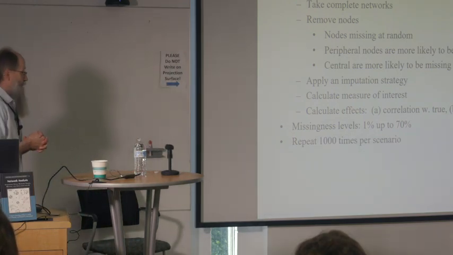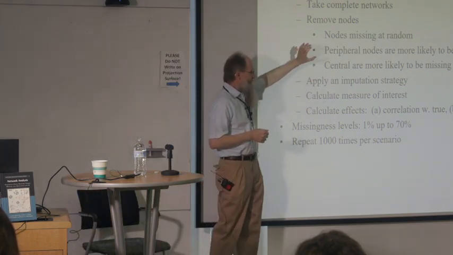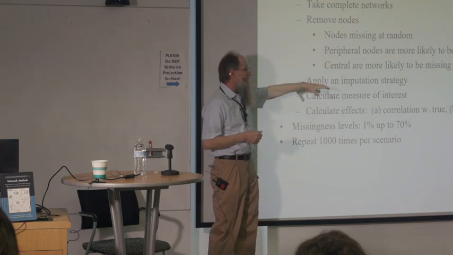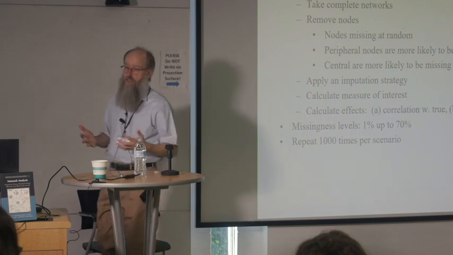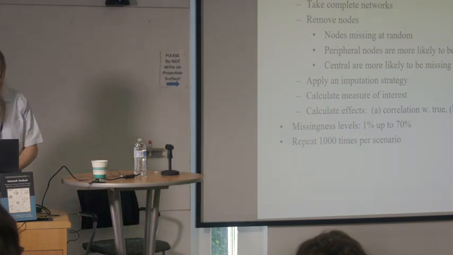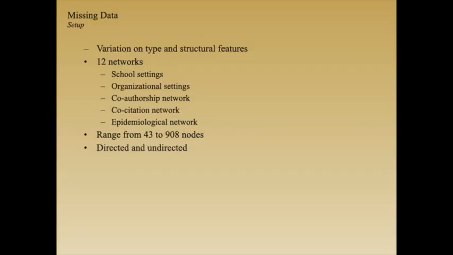Then we're going to ask, what happens when you apply various kinds of imputation strategies? So if we know that our data is missing in one way, can we recover it nicely, and will that help? And what does that do to the measures that we use? And of course, you do this many times, and you end up with a solution. So there are lots of different